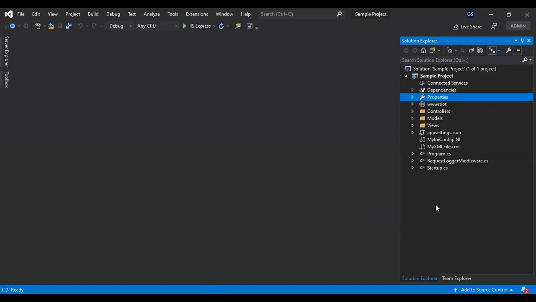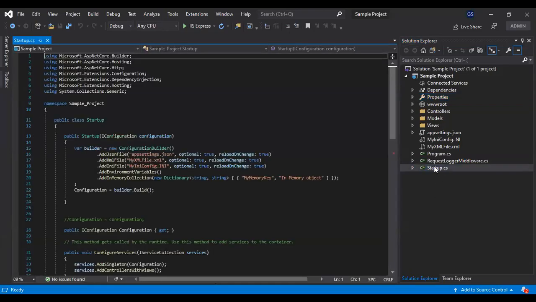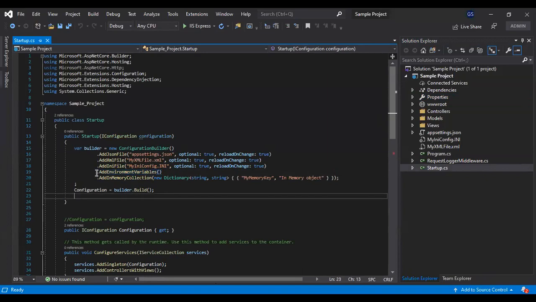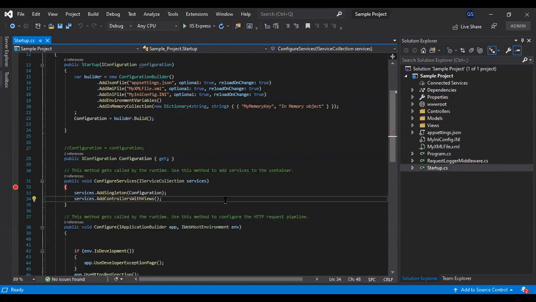In our previous video, we discussed different ways of storing configuration, and one of them is AddEnvironmentVariables. This adds all the environment variables stored or configured on your machine into the configuration. So let's run and see what environment variables are configured on my machine.